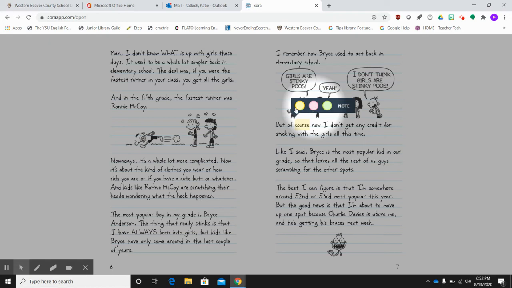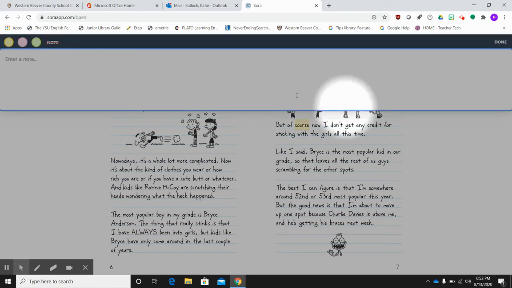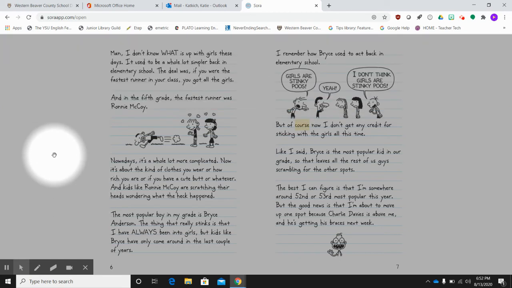Any particular color you would like. You can also add a note here as well. And that will be there for you to refer to later. Again, you can highlight more than one word as well. You can highlight a phrase, a full section, a paragraph, a page. You can click on that note option and add that note